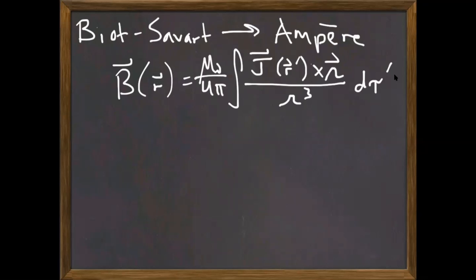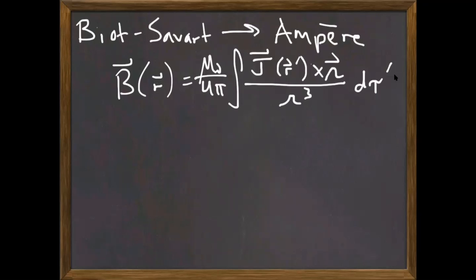It looks a lot like Coulomb's law for the electric field, except there's a cross product. There had to be something different because now there's two vectors that go into that integral. We have a J vector and a script R vector. And the only sensible thing to get a vector out is to do the cross product. Once we had that, it lets us calculate magnetic fields in much the same way we calculated electric fields from Coulomb's